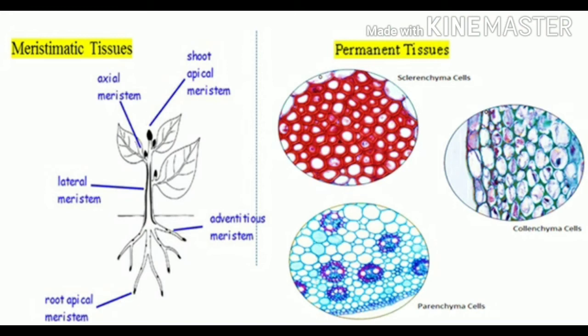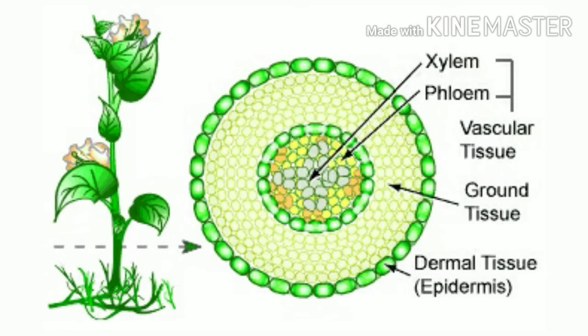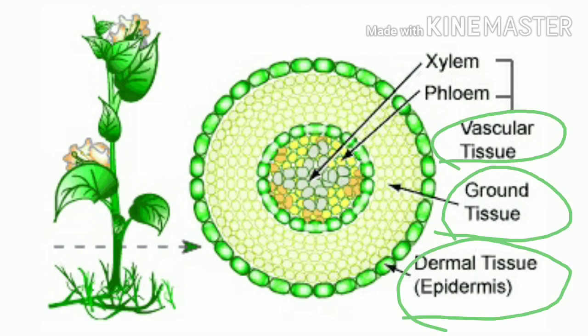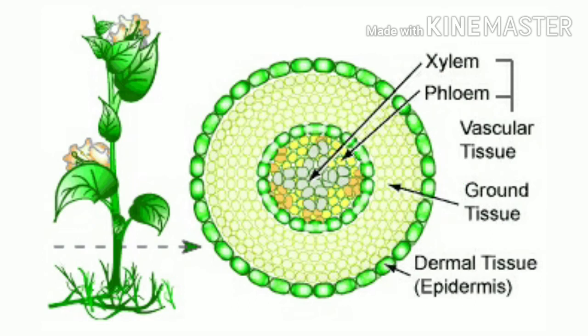We have discussed types of tissues based on the types of cells present. That is, if the cell is of dividing type, we call it meristematic tissue, and if the cell is of non-dividing type, we call it permanent tissue. Today we are going to see yet another type of tissue system based on the structure and function as well as the location of the cells. There are three types of tissue systems on this basis: the epidermal tissue system, the ground tissue system, and the vascular or conducting tissue system. Let us see one by one.